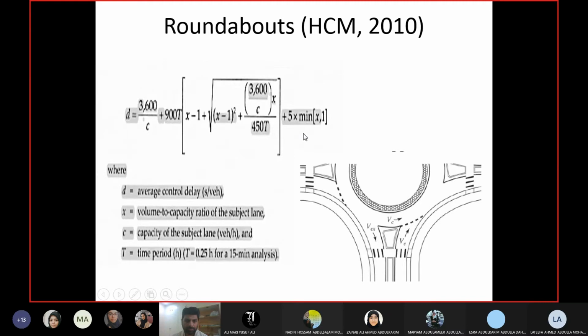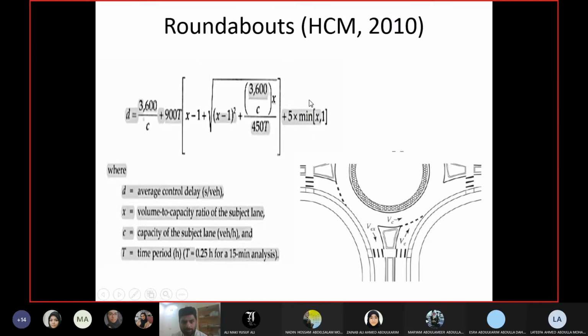So these are C, T and X, and one more thing which I want to explain here is this multiplication. See, 5 multiplied by the minimum of X and 1. This MIN means minimum. Whatever you have within the bracket, take the minimum of the values. We will use another equation like this later on, again for a signal as well. So X can be 1, so 5 will be multiplied by either 1 or less than 1. What we have learned up till now is that X can be 1 or less than 1, so you don't have to worry about it. If X is 1, you will multiply 5 with 1, or if X is less than 1, then you will multiply 5 with that value of X. Okay, so there is no problem.